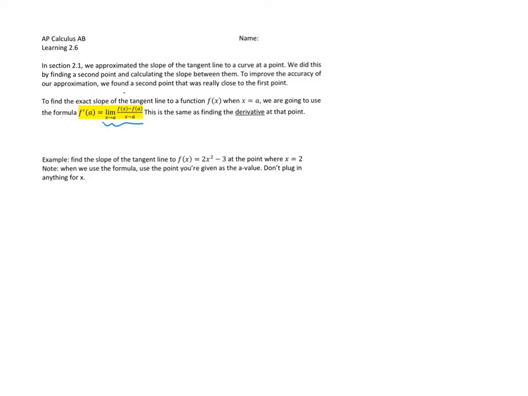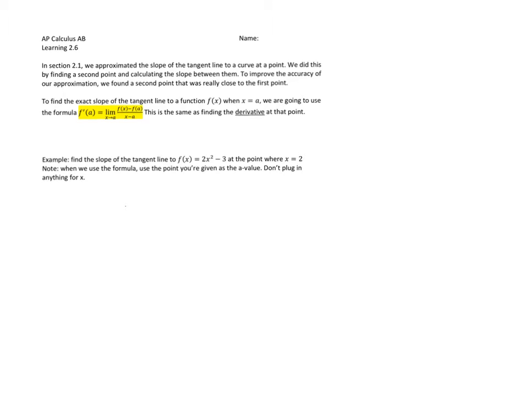We have the slope of the tangent line, we have the value of the derivative, and these things mean the exact same thing. So when we're talking about the derivative, when we talk about the slope of a tangent line, if we just talk about the slope of a curve, we're talking about the same thing every time. Those phrases are going to be interchangeable for us. So if we take a look at the formula and if we take a look at the first problem that we're going to walk through together,